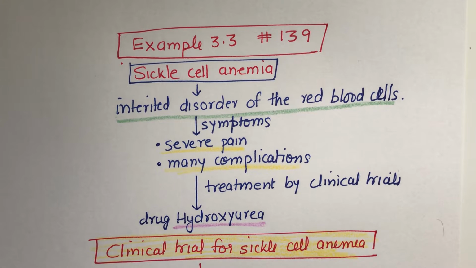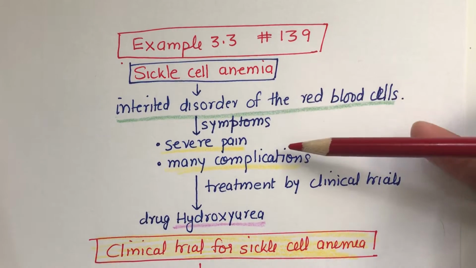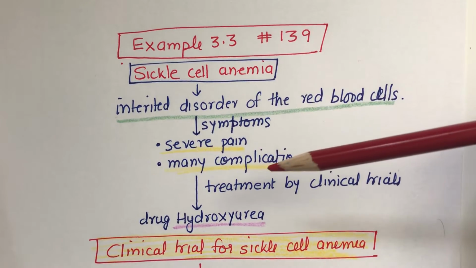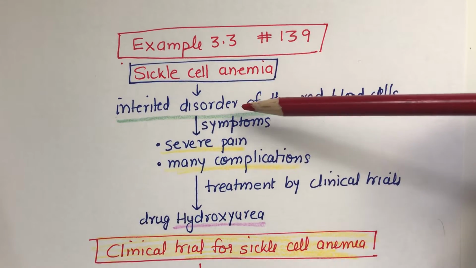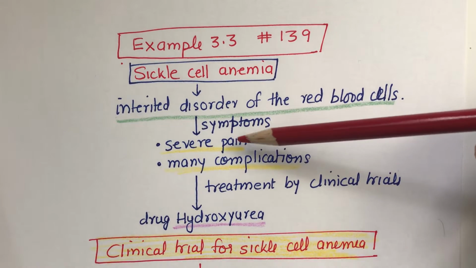Today we are going to learn example 3.3, page number 139. This is from Statistics Through Applications, by Yates, Starnes and more. Example 3.3 is the next part of section 3.1, and it is about sickle cell anemia. The example talks about this disease, which is an inherited disorder of red blood cells, and the symptoms are that